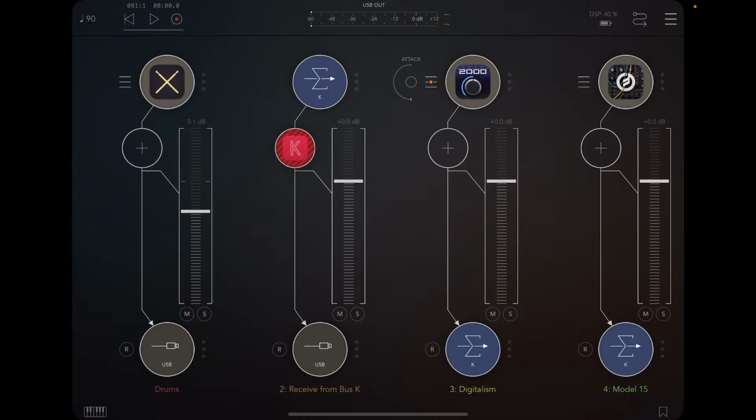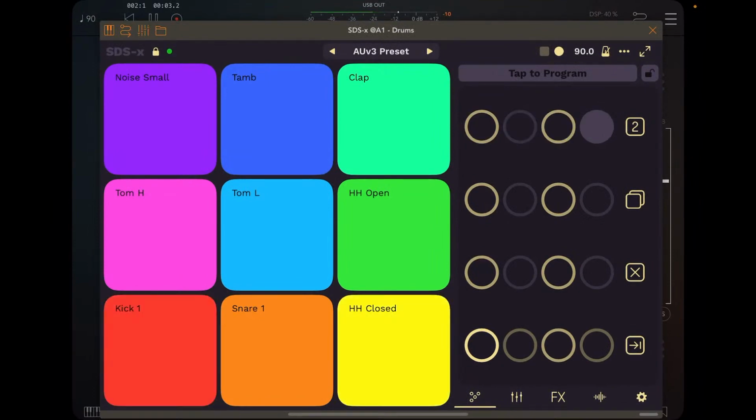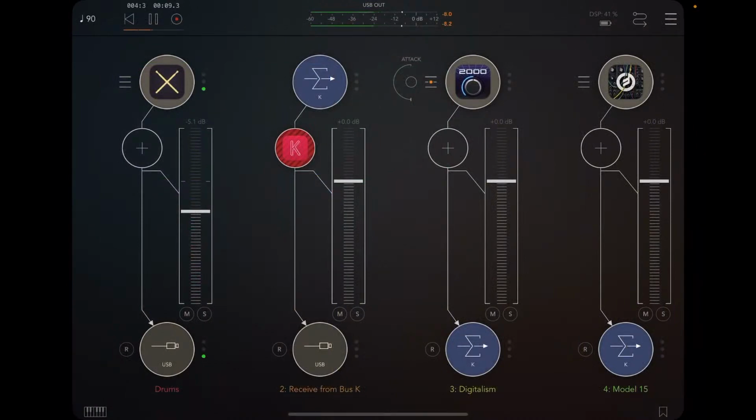Okay, so if I hit play, this should be going from 1 to 2 only. Okay, so that's good. So then,